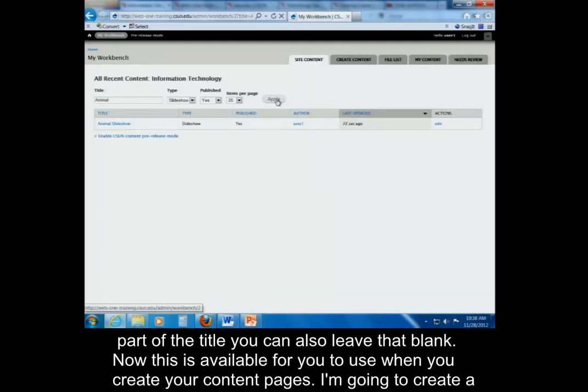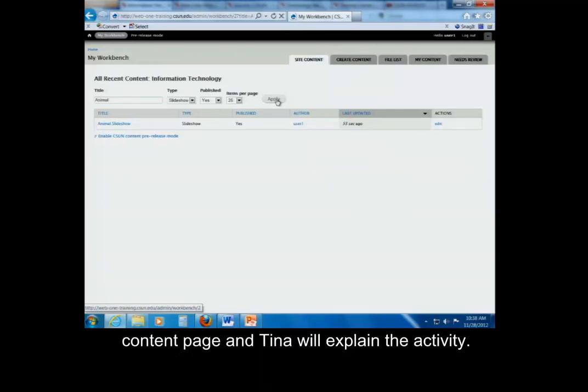So now this is available for you to use when you create your content pages. I'm going to create a content page, and then Tina's going to explain the